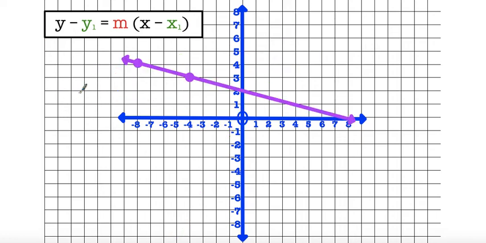Okay, so on to the next one. We're going to do the same thing here. We have 2 coordinates. I might as well just write them out first. So this one here is negative 4, 3. And this one here is negative 8, 4. And again, point-slope form, it does not matter which one you use. So y minus, I'm going to use this one over here. So y minus 4 is equal to,